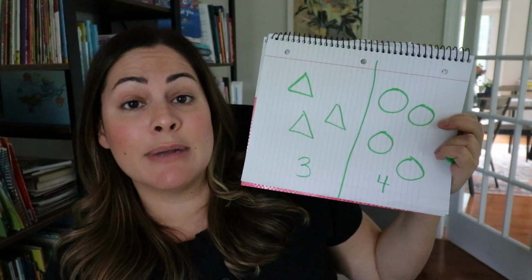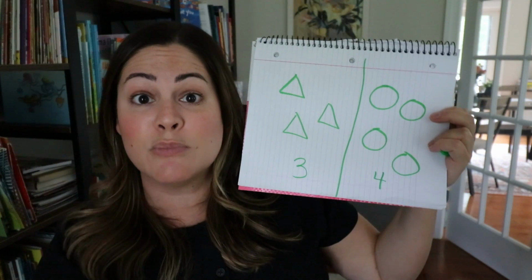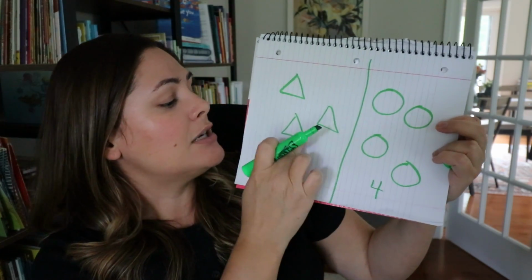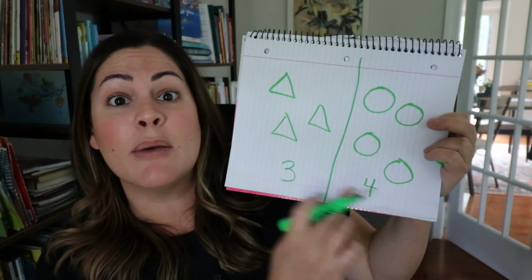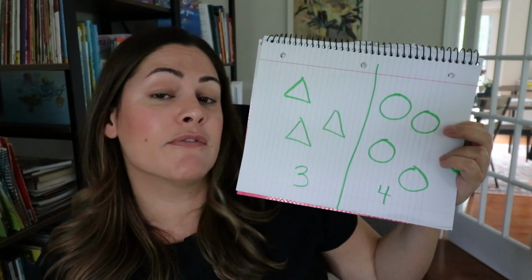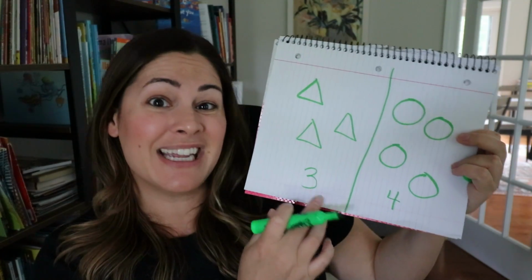And then I would ask them again, the same exact image, I would say, now can you use the words more and less, but instead of saying circles or triangles, can you use these numbers? Can you use the number words? And here I would of course be looking for students to say 4 is more than 3, and 3 is less than 4. So these ideas really help students understand what more and less really means, instead of again just showing them, hey, the number's larger if it's on this side of a number line and it's smaller if it's